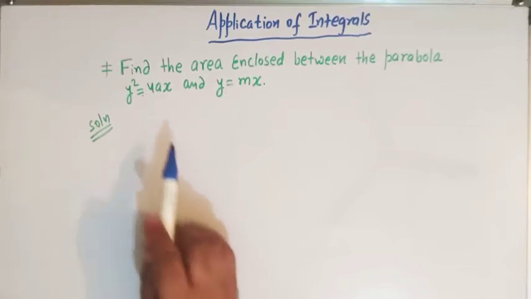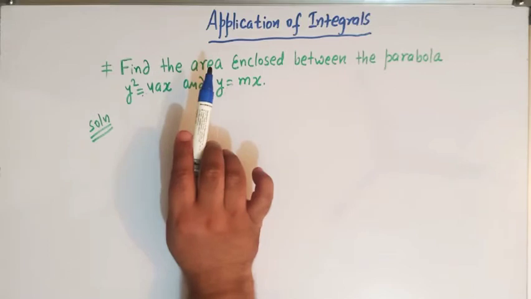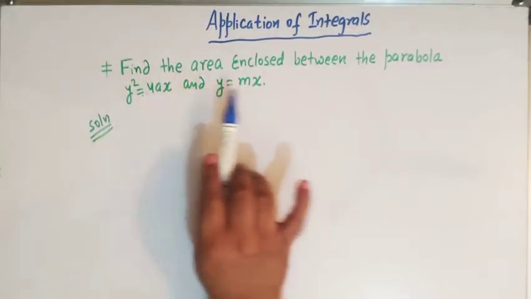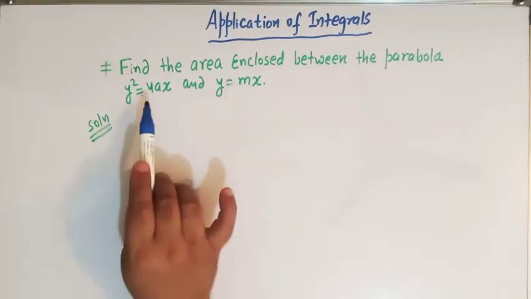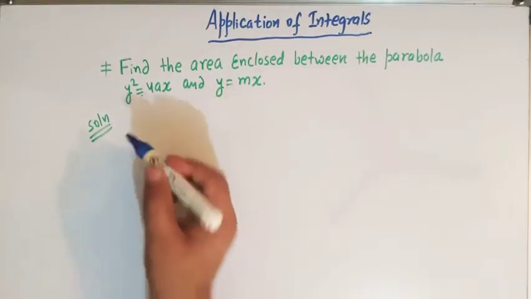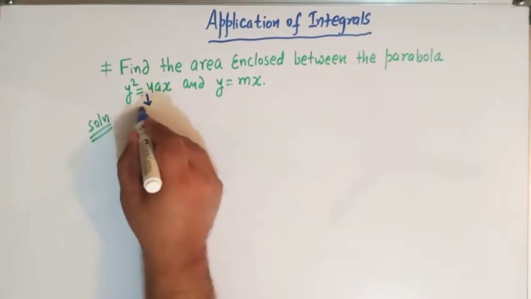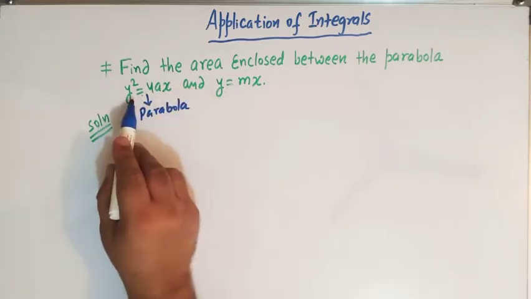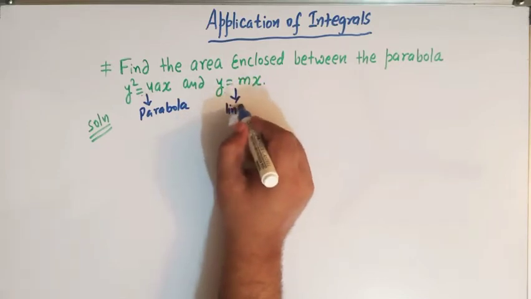Hello viewers, in today's lecture we are going to solve some problems related to application of integrals. So the first problem is find the area enclosed between the parabola y square equal to 4ax and y equal to mx. So our first aim is to identify the curves. So this is a parabola and the vertex is at origin, and this is the equation of a line which